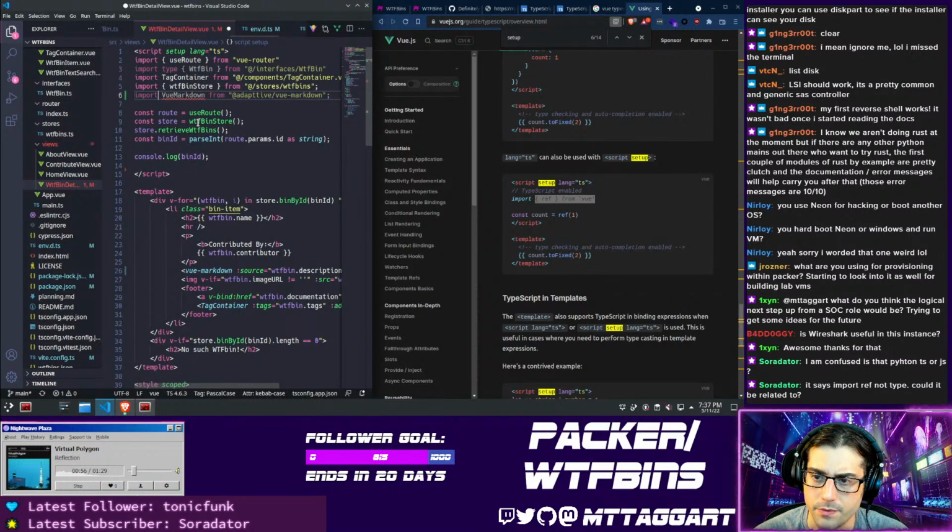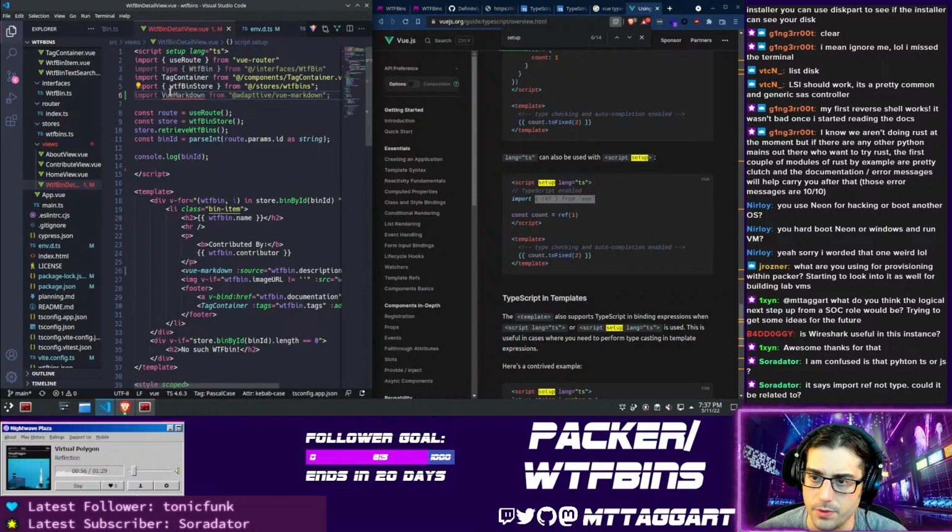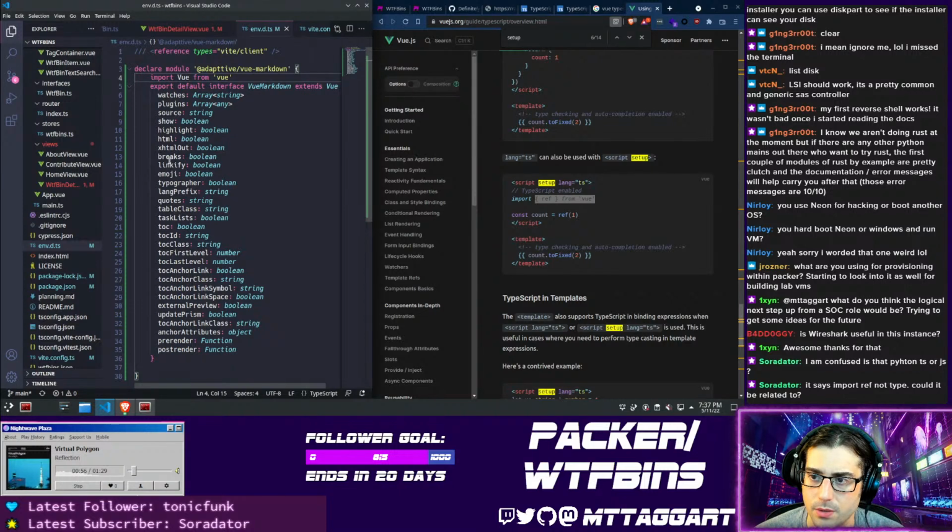If I do import view markdown, what happens? It says view markdown is a type and must be imported using type only imports when preserved value imports and isolated modules are both enabled. Okay. Except that it isn't that, right? So